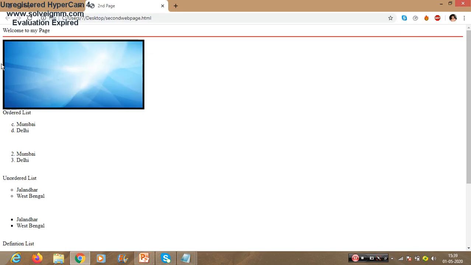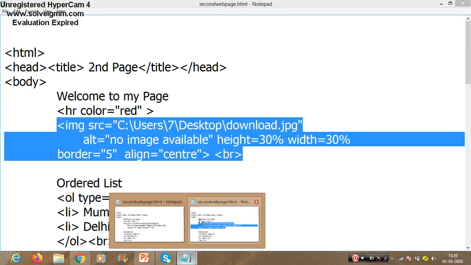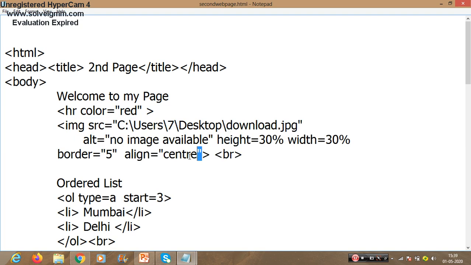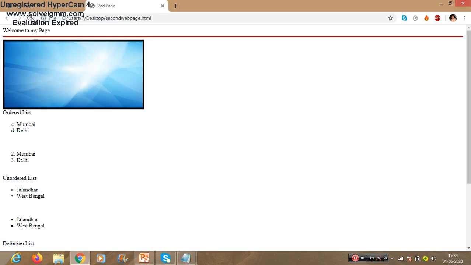Here you can see this is my image, and having a border, I have also set the height and width. If I would like to change the alignment, let me change it to right, save it, then refresh your page.